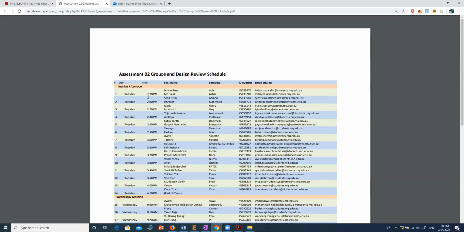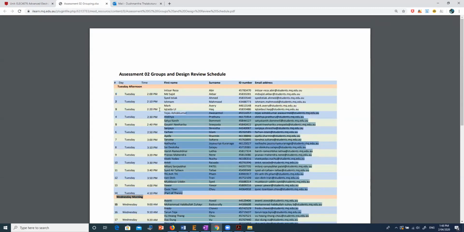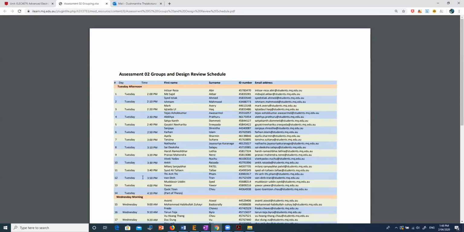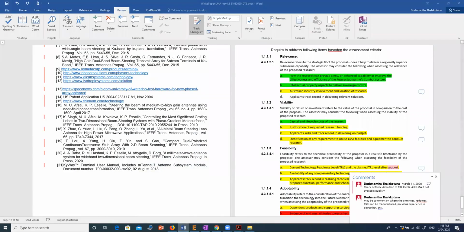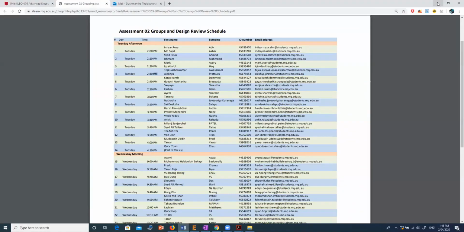That's up to you. But make sure you join before your time, and if you miss this time slot, then you are behind. You don't get a chance until you join at the end. If you miss your time slot, you can't come on Wednesday and do that. You have to come on your assigned time and do your design review. If you don't do that, you will lose marks, and all those details are also given in